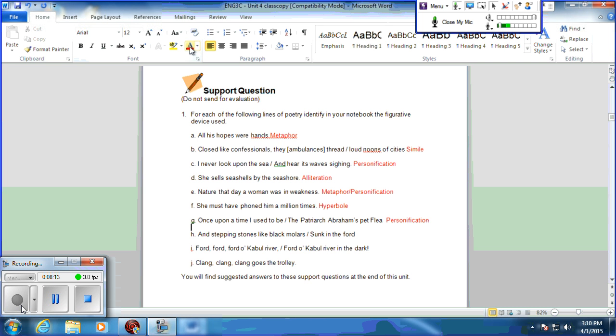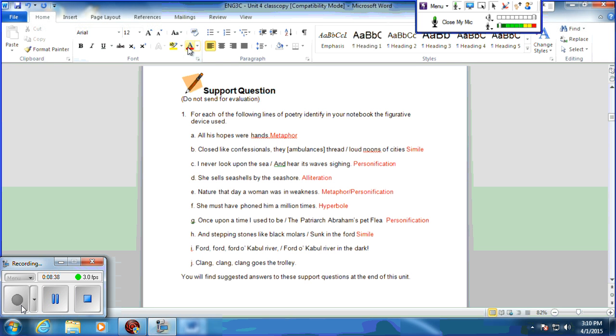Next one, H says, "and stepping stones like black molars sunk in the ford." So we have stepping stones and black molars. There's a comparison, and since we have "like," we know it's going to be a simile. And then we have I, which says,